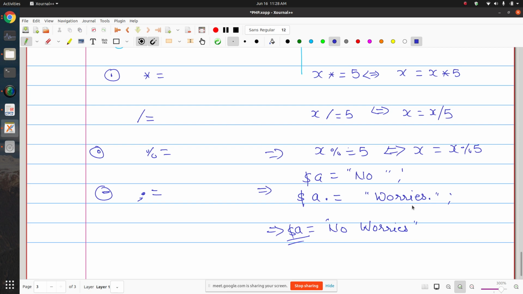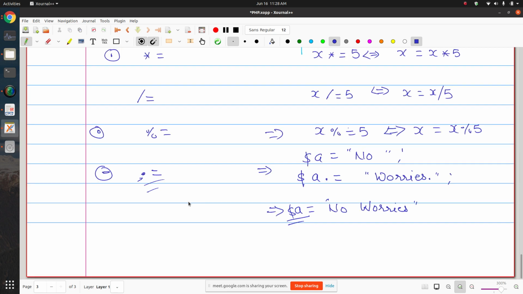You can also provide some other string variable. Let's say you might have stored worries into a variable b. So what will happen then, a और b के दोनों कंटेंट को कॉन्केटनेट करके वापस a को असाइन कर दिया जाएगा. So this operator also works with concatenation. सो ये आपने अदर प्रोग्रामिंग लैंग्वेज में नहीं देखा होगा, but PHP has this operator. There are some other variants of this operators for logical operators also, but we will not discuss them. Okay, so these are the assignment operators. Then you also have decrement and increment operators.